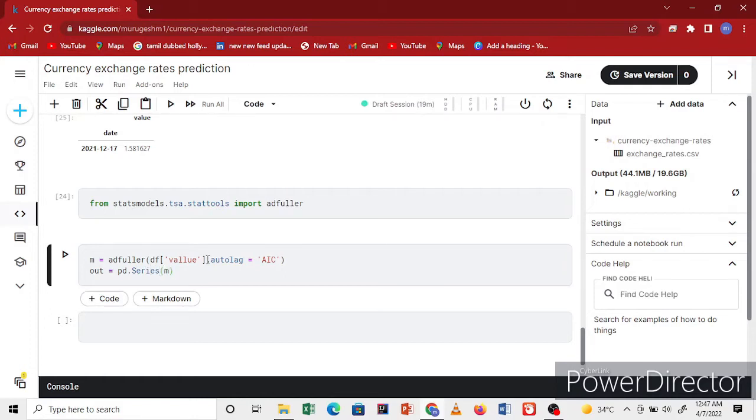This is variable m. Extract the value, the 404 value, I'm extracting that, and index my first test statistics. Okay,